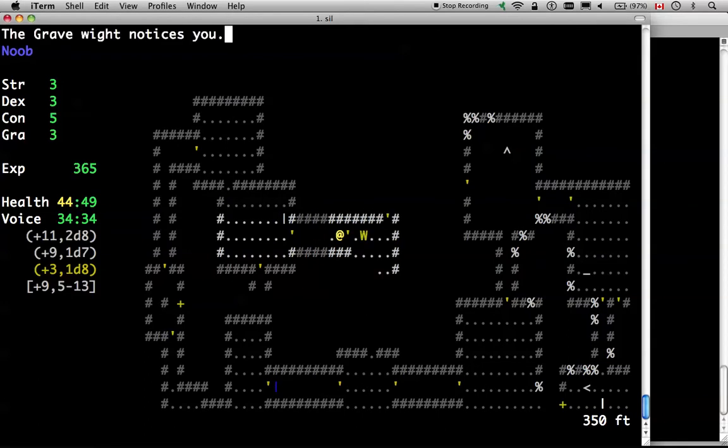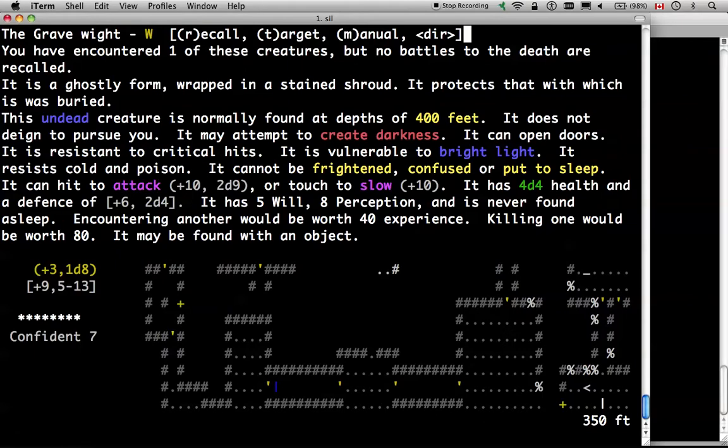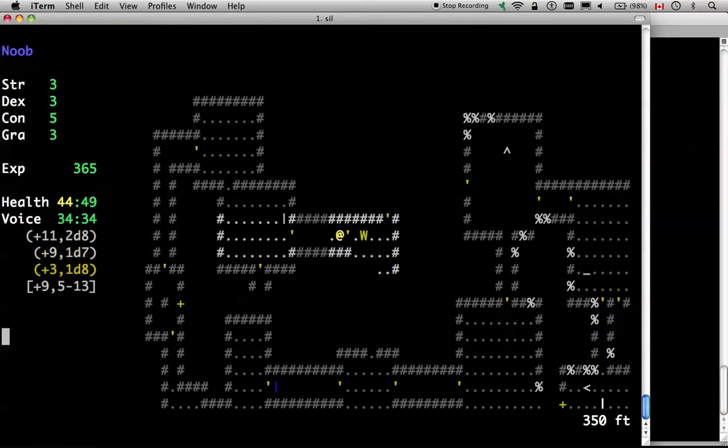Okay, so this is sort of a bad weapon to use. These guys, I think, have high protection. Oh no, wow. Okay. They have no HP and no defense, so...